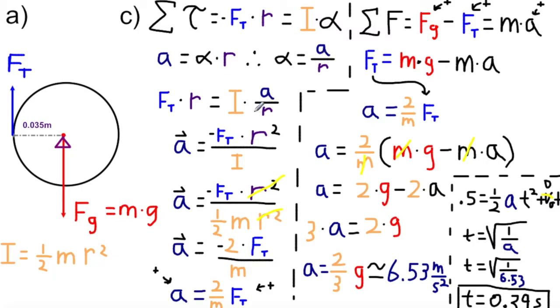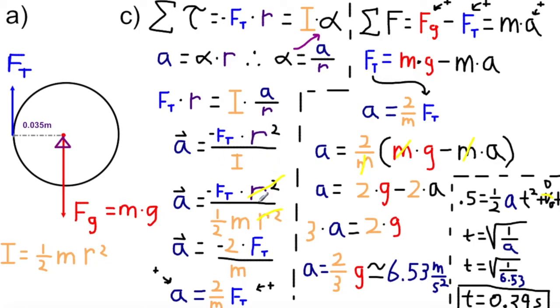All right, so I can plug all that in together. Basically just taking this and plugging it in here, and we get the force of tension times radius equals our moment of inertia times our linear acceleration divided by radius. So if I solve that for A, we get negative force of tension times the radius squared divided by the